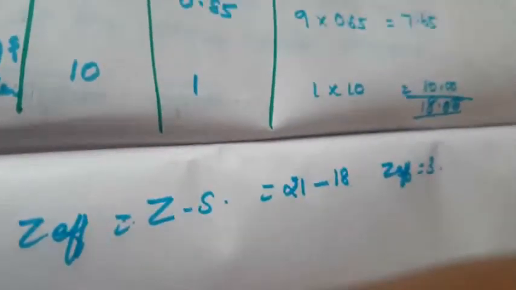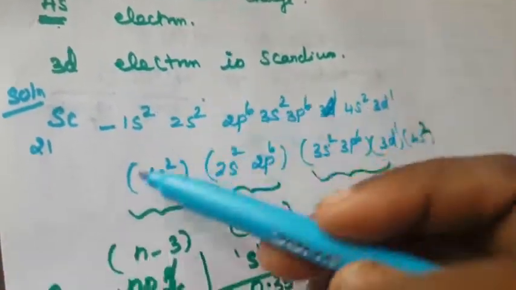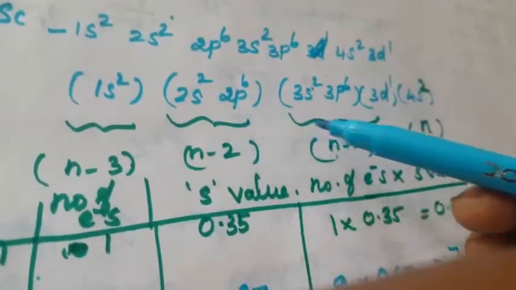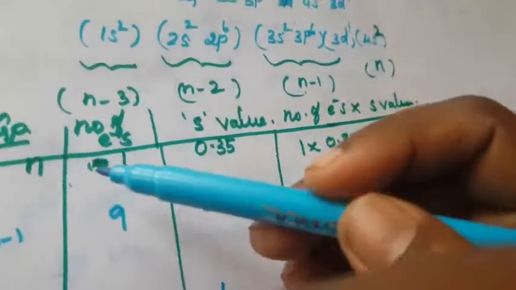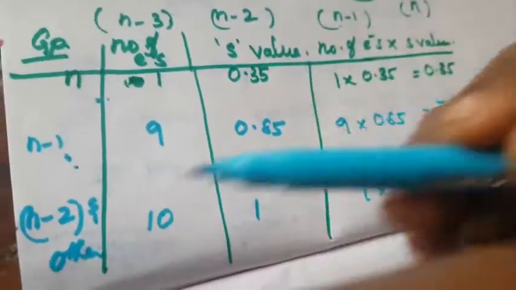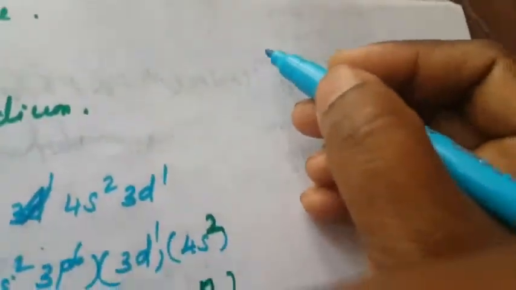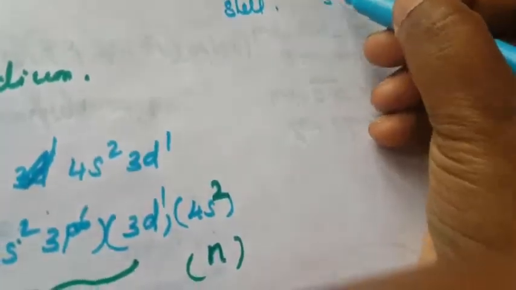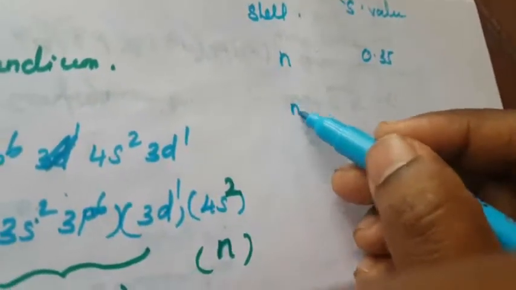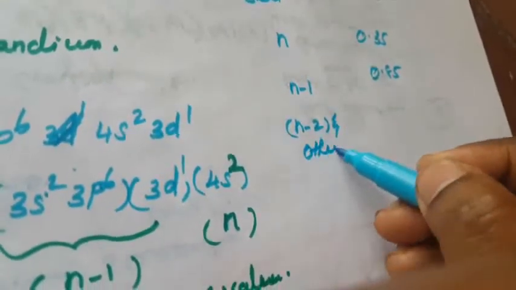Okay, so this first one is the sum of how to calculate the 4s electron and the 3d electron. First you write the electronic configuration, then rearrange the electronic configuration: 1s2, 2s2, 2p6. You are rearranging the electrons, so that is the group number of electrons. So what is the S value? How many electrons are in the nth shell, n minus 1 shell, n minus 2 shell? You multiply, the nth shell means you multiply. So just remember that. That is the screening value, the shell screening S value, right? You remember that: nth shell 0.35, n minus 1 shell 0.85, n minus 2 and others, the value is 1.